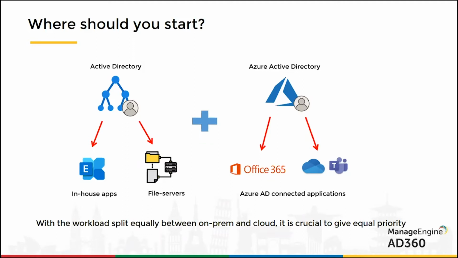Because Azure Active Directory supports applications like Office 365, Microsoft Teams, OneDrive, you name it, right? So when you start implementing an IAM solution, the question comes up, where would you need to start? Would you start on-premise? Would you start cloud? Where would you actually start and how would the process be, right? And because the workload, like I said, is equally spread across on-premise and cloud infrastructures, it's absolutely important to give equal priority,